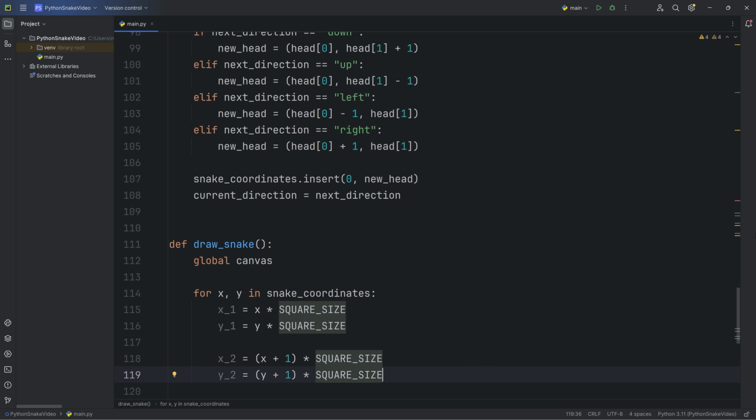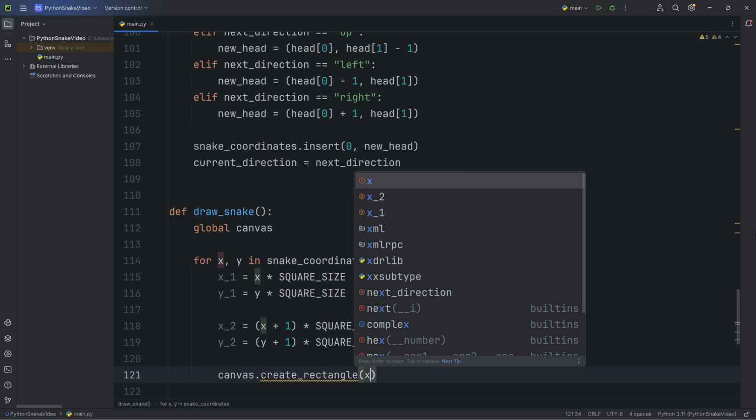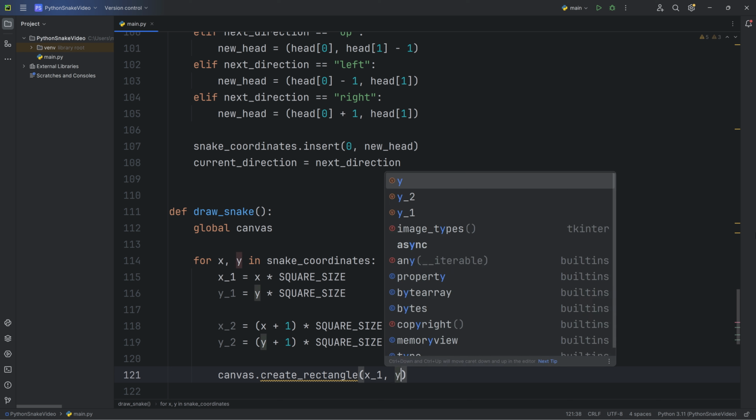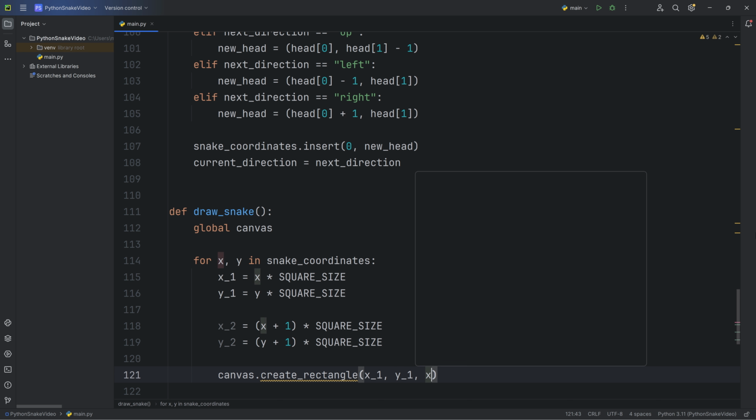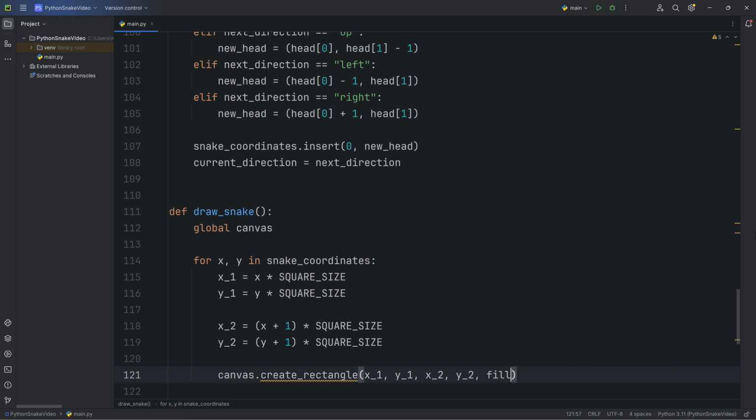Now draw the square with canvas.createRectangle, x1, y1, x2, y2, fill, snake color.